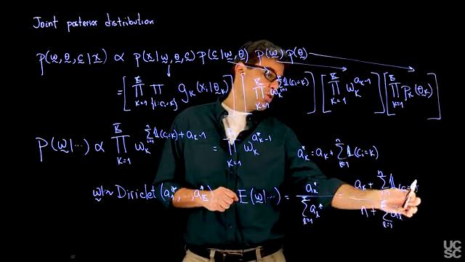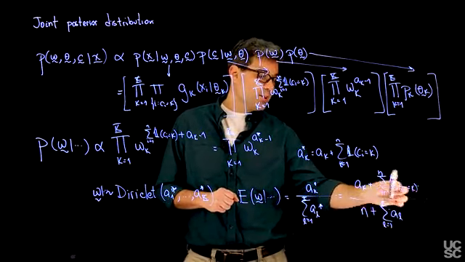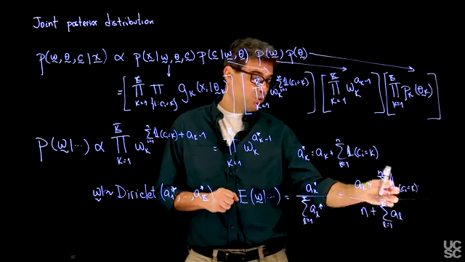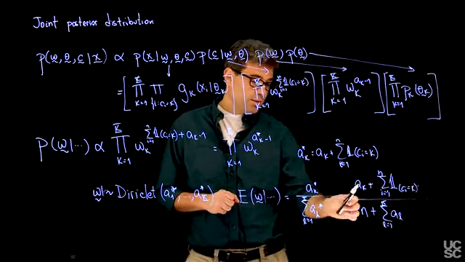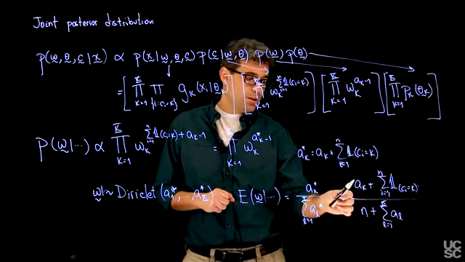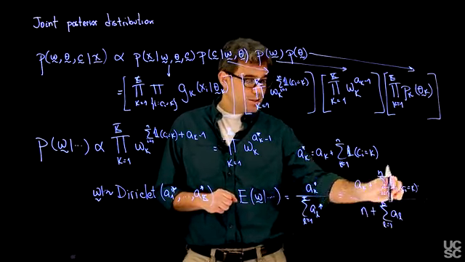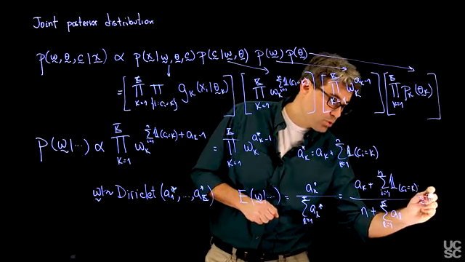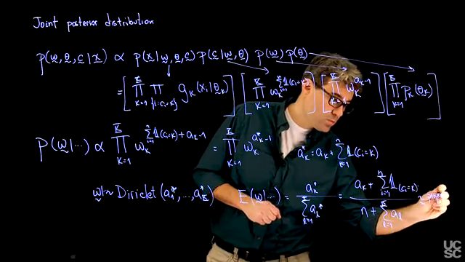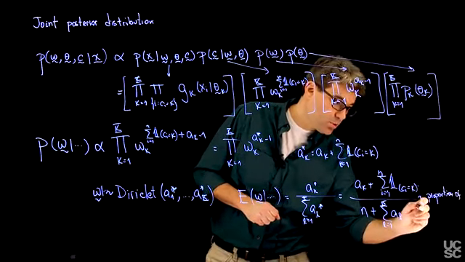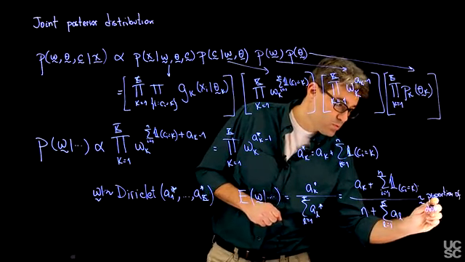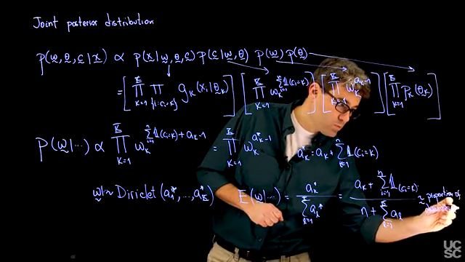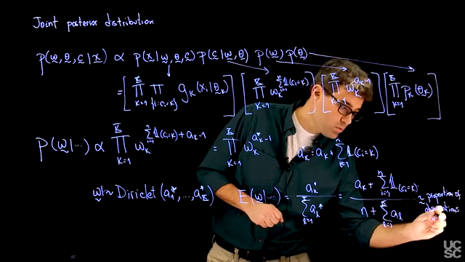So this is just the number of observations that are currently assigned to the k-th component. And if the values of a sub k are small, then this is roughly speaking, approximately the proportion of observations